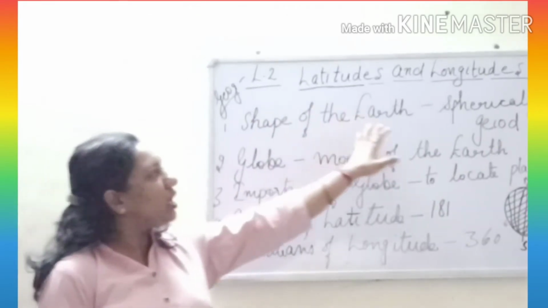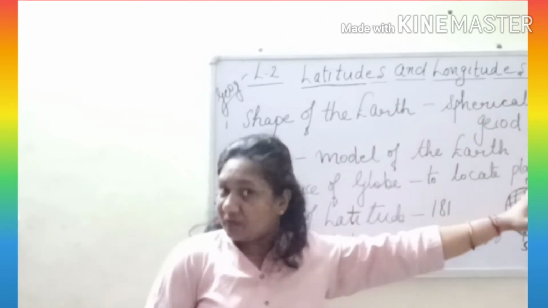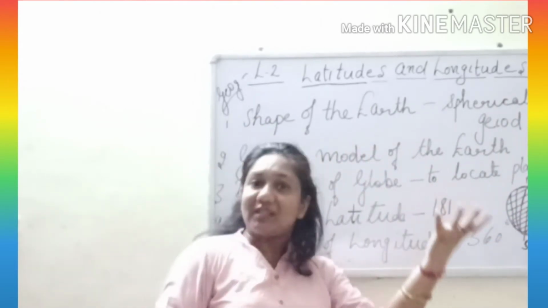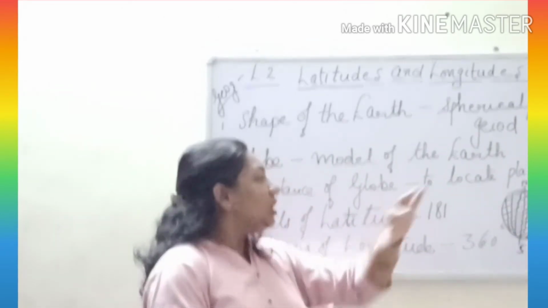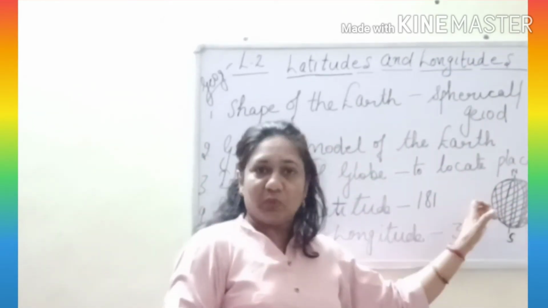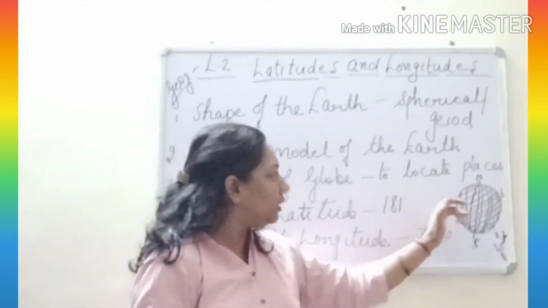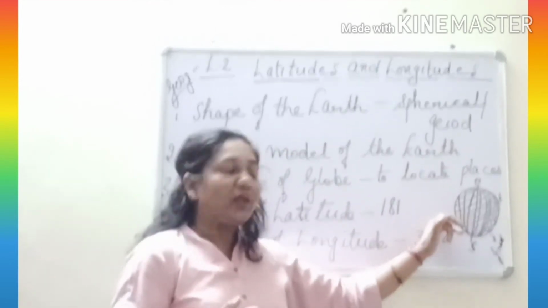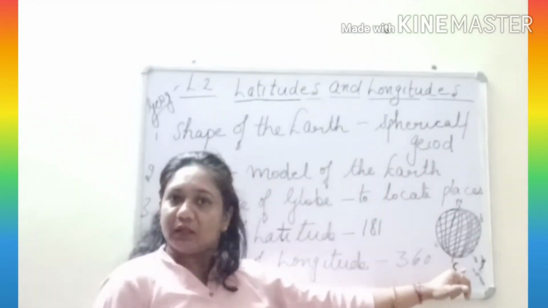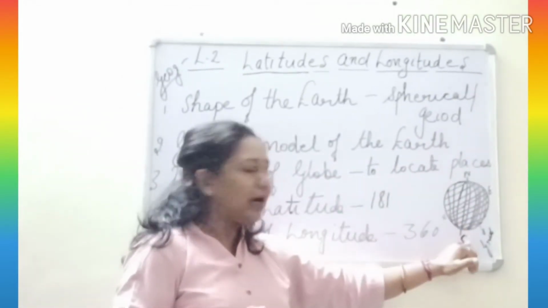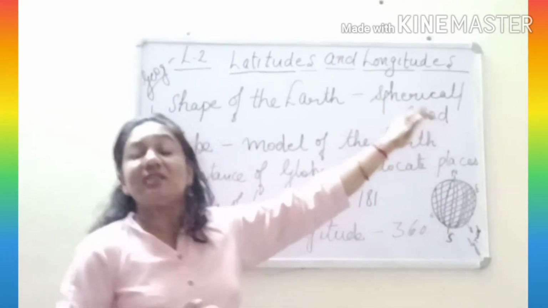So I'll start with the shape of the earth. What you have seen in the video is that the shape of the earth is spherical. It is spherical, just like an orange, we can say. Have you seen the orange? So it is just like an orange which is bulging at the equator. That means it is just like a balloon that is expanded from the sides, that is east and west, we can say. At the equator it is bulging and it is flattened at the two poles, that is the north pole and the south pole. It is just flat, and that is why it is called geoid.